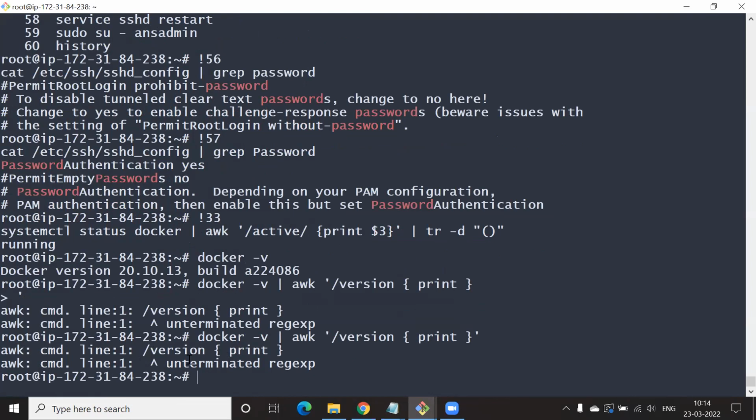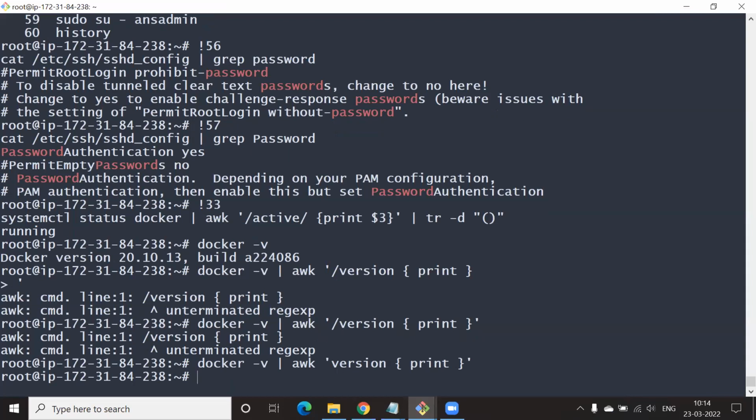Error: unterminated regex. Strange. Maybe we need to remove this slash. Maybe. Okay, give it a try. So we're not getting anything. Actually, when you say docker -v, we're trying to extract the version part of it.